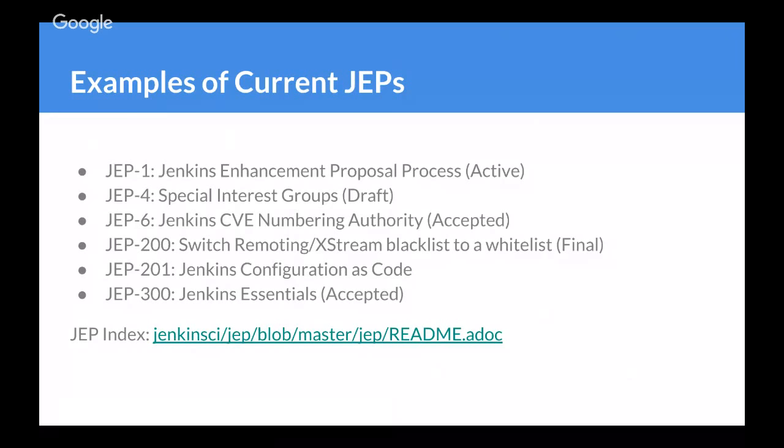Both of these describe things with large scopes that we know are going to take a while to do, and have enough moving parts that we want to build consensus around the larger overall direction and design, and then go back. JEP 201 is probably going to have 2 sub-JEPs. JEP 300 has 6 or 7 now, at least. And each of those JEPs describes one part of that